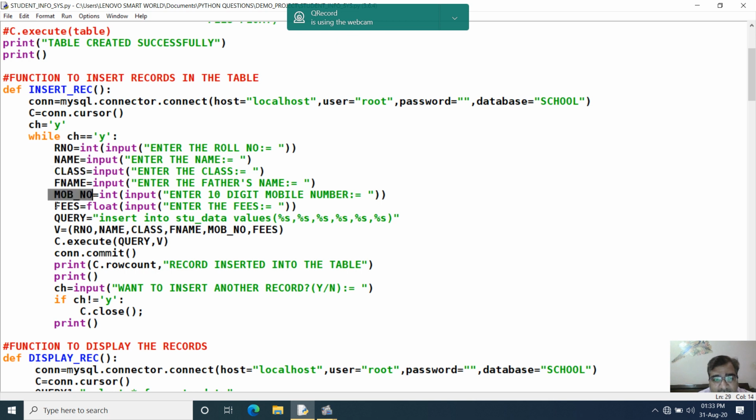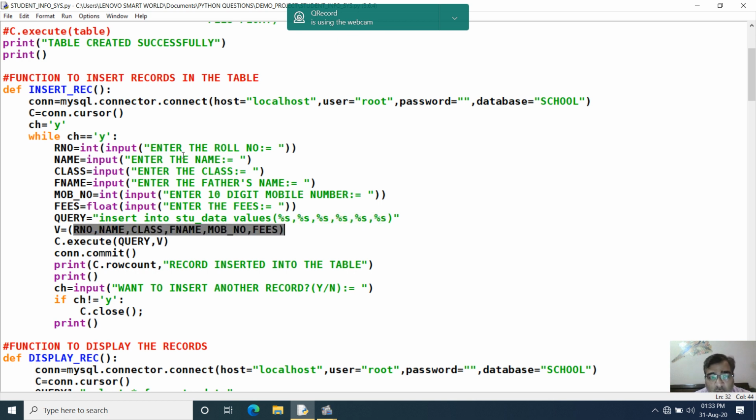Right? I created my SQL query of inserting record: insert into table name StuData values, and these are the placeholders. 6 fields are there, so 6 placeholders are there. These placeholders will get replaced by the values that you have inputted over here.